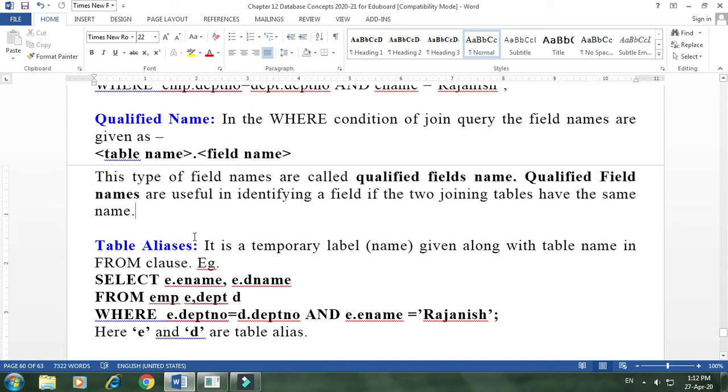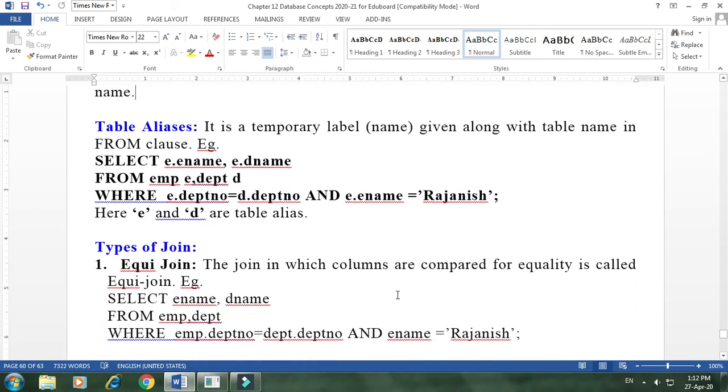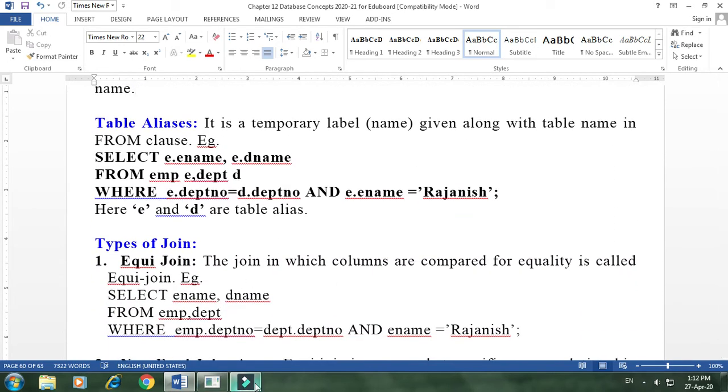Even we can use the qualified name to access data from another database. In that case, it is the other database name, dot table name, and then dot column name. So it can be easily accessible. Even if you are in one database and you want to see data from another database, you can do that. In that case, you have to write the database name, then dot table name, then dot column name. I hope there is no doubt with this. Okay, I'm showing one example of that also.